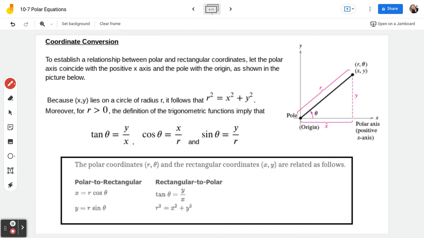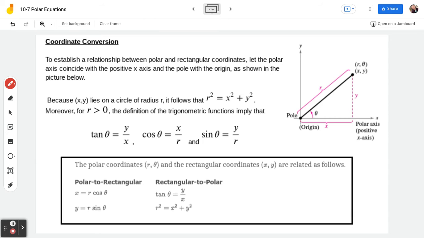Okay, let's keep on moving. Coordinate conversion. So this is the fun stuff here. To establish a relationship between polar and rectangular coordinates, let the polar axis coincide with the positive x-axis. So this is kind of fun. Basically what we're going to do is put the polar axis and the x-axis on the same axis together,